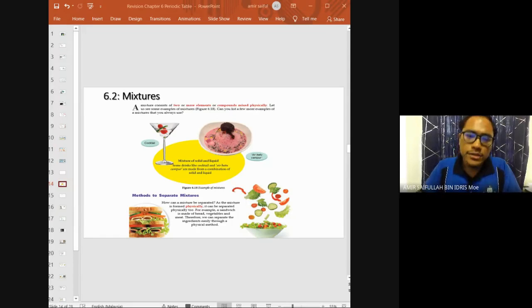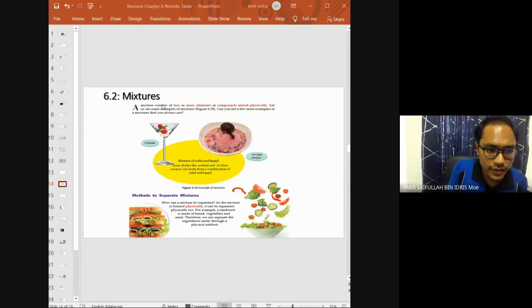Okay. So now we go to mixture. What is mixture? Mixture in Malay is campuran. So a mixture consists of two or more elements, or it can also be two or more compounds. They are mixed physically, not